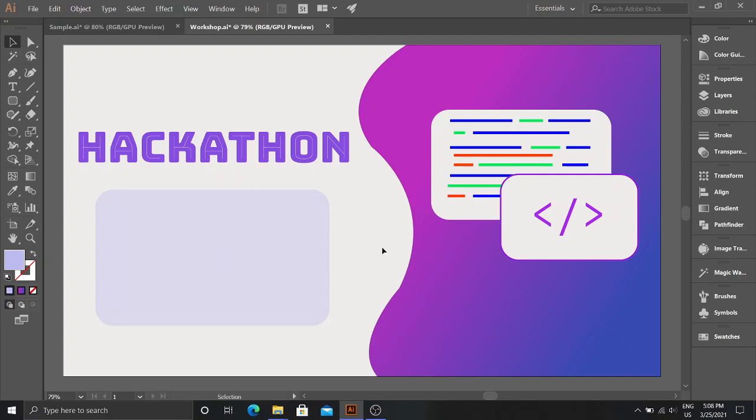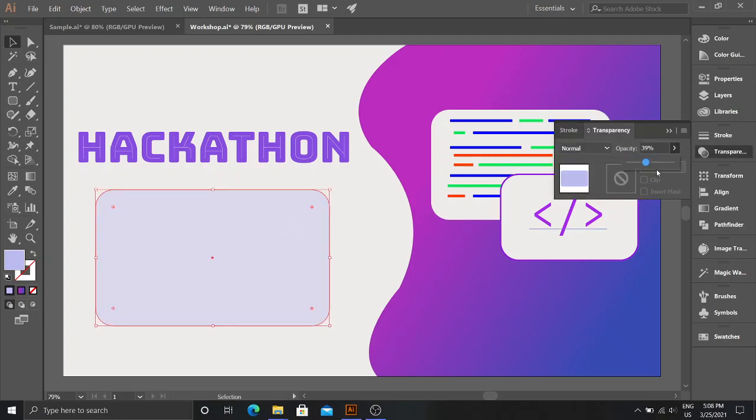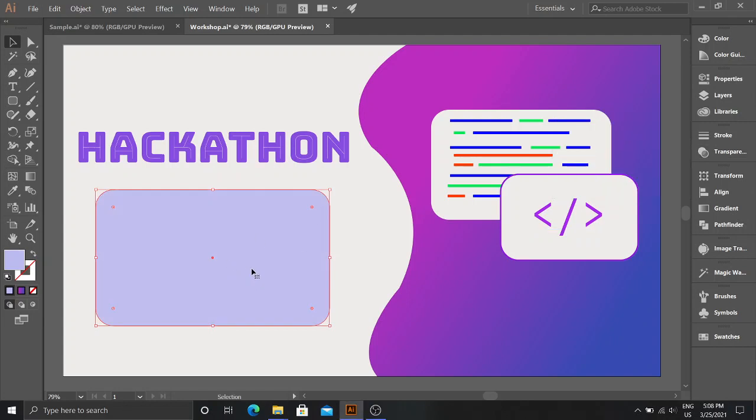So that's how you drop the opacity of objects. Or if you don't want, you can delete this box by pressing the delete key, and you can just type out the information here only like you want.